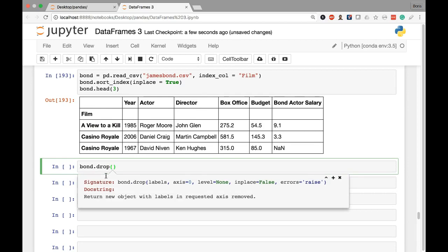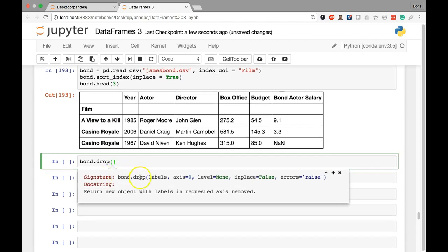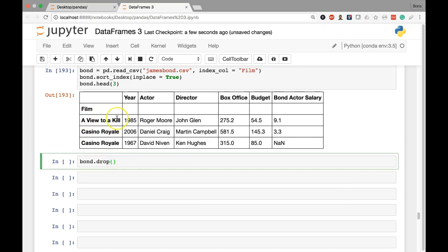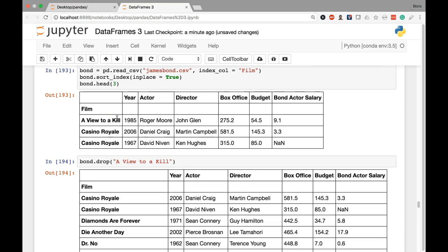And if we look at the documentation with Shift-Tab, the very first parameter is called labels, and that can accept either a single value or a list of values, and it's going to remove them from our data frame. And the default way it operates with this axis equals 0 argument is it's going to look for these values that we specify among the row labels, so among the index. So let's say I want to remove A View to a Kill, which is our very first film right here. If I enter it right here, it's going to return a brand new data frame where that value has been